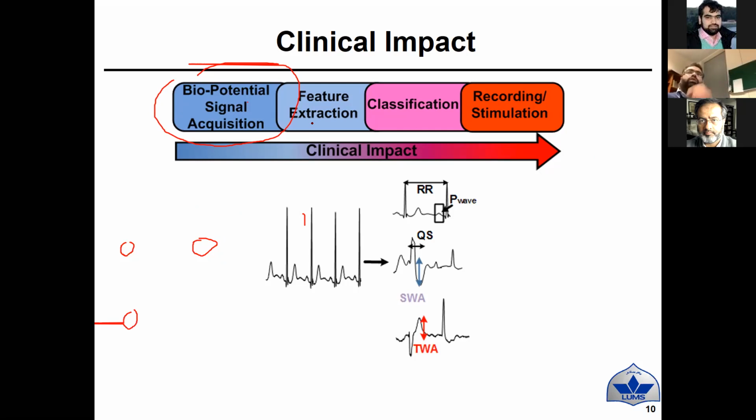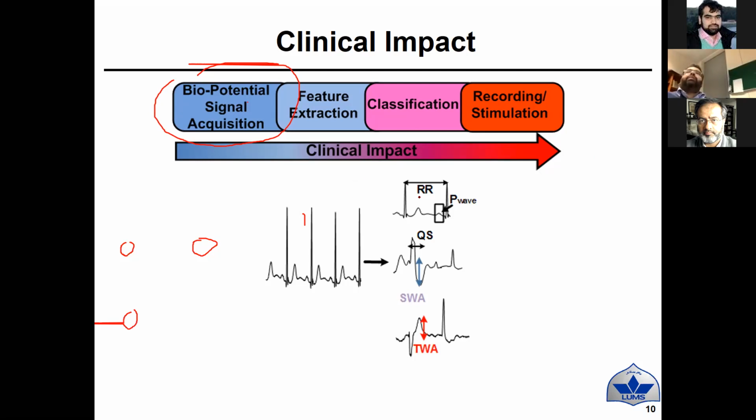We need to identify those features which are important. For example, in the case of ECG, for heart disease, we have some features known as R2R peaks, meaning जो आपकी heart rate होती है, उसकी R peak to R peak का distance हम लोग find करते हैं, and that tells you some information कि आपका heart rate कैसे चल रहा है. तो आपका heart rate होता है, that is basically distance between R to R peak. ये R to R peak है, ये एक मिनट में almost 60 to 70 आपके पास R pulses, R peaks आ जाती हैं, and that decides how much is your pulse rate or how much is your heart rate.